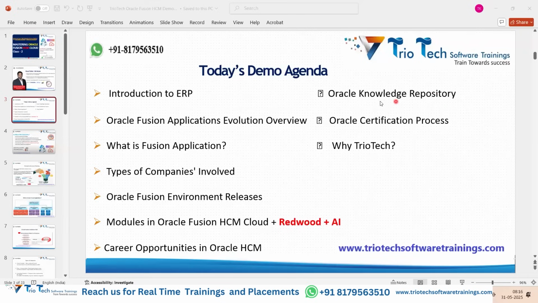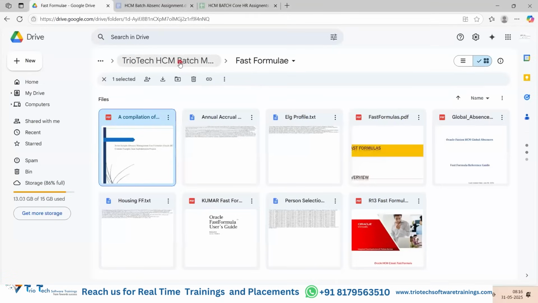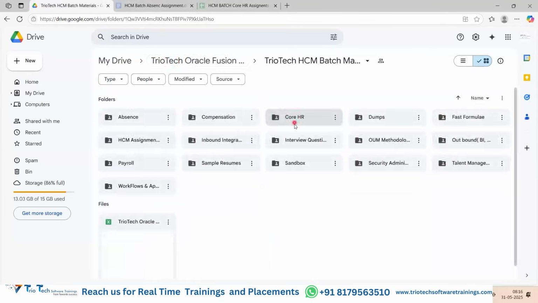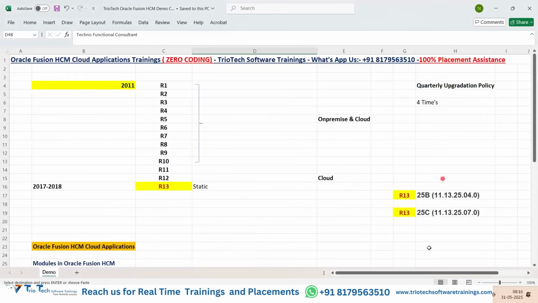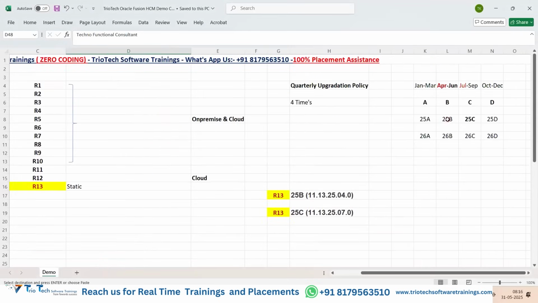What do I mean by Oracle Knowledge Repository? As I told you, anyhow, you will be getting the custom materials from us for every module, team. For each module, as I told you yesterday, you will be getting the custom PDFs and everything. But on top of the materials we provide, if you want to explore Oracle standard documentation, how do you get that? Not only that, team, every quarterly upgrade, when Oracle provides an upgrade to their application, as I told you, Oracle will